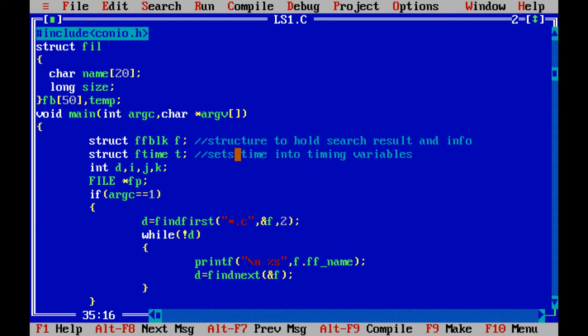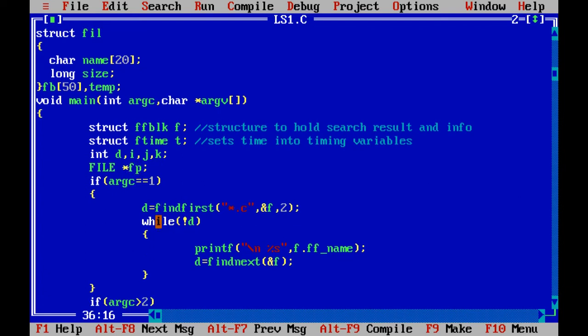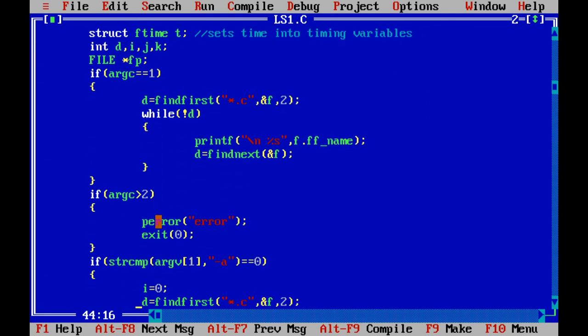For that we need to make use of some variables and functions which can help us in searching and sorting them. The second function is the ftime function, which is a C function useful in setting time into time variables. Now let us go through the code. We are going to handle the arguments, find the files and display their names. Before that I have made use of only one file pointer. Now let us see what the code is all about.